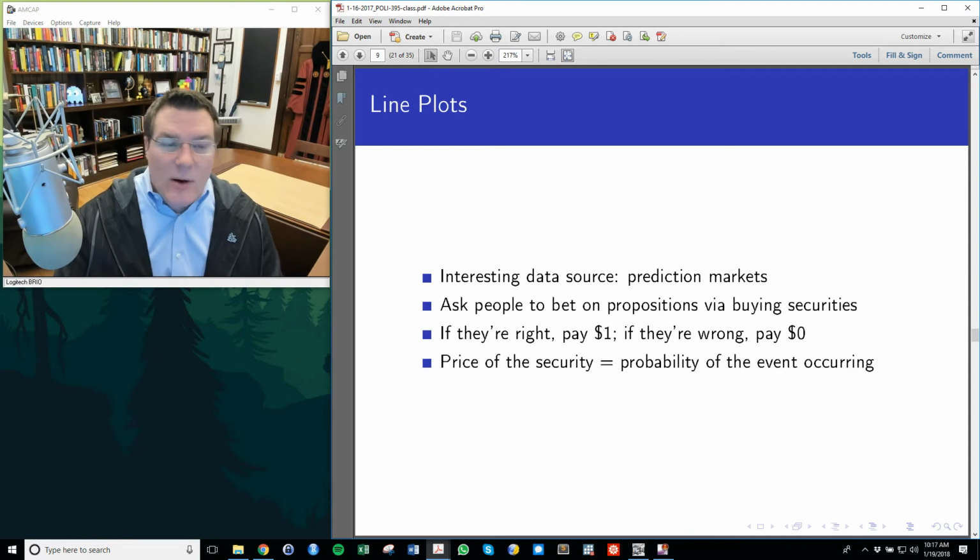So to continue our previous example, if we're buying and selling shares about President Trump being impeached, let's say the price of those shares equilibrates to 38 cents per share. What that means is the market has decided that there's about a 38% chance of President Trump being impeached. And the reason this works is if a lot of people thought there was more than a 38% chance of him being impeached, they'd buy the shares and the price would rise by the laws of supply and demand. When the demand for the good goes up, the price goes up.